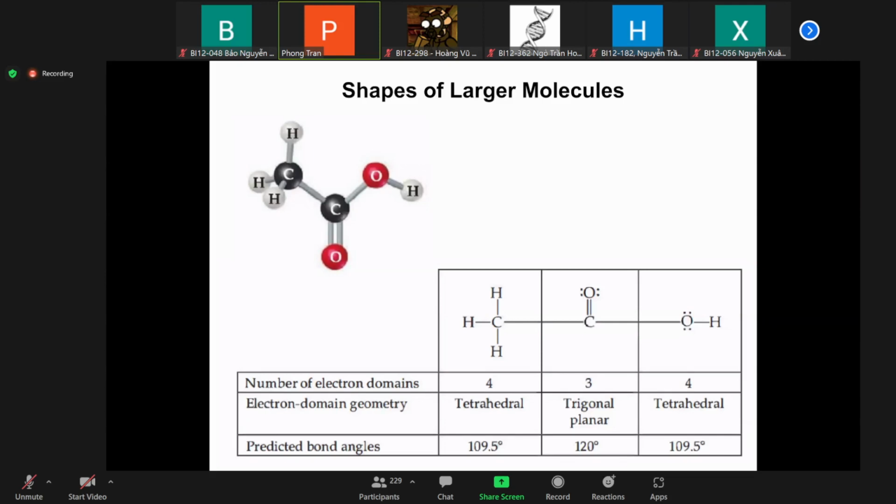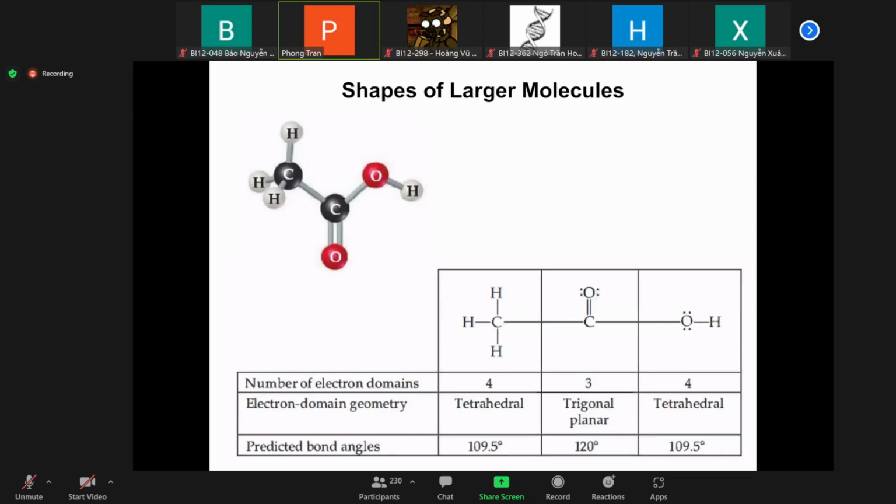And the third atom, the oxygen here, has 1 and 2 non-bonding electron domains. So it will have tetrahedral geometry and also an angle close to 109.5. Okay, so the message is that you divide, if you want, the large molecule into different